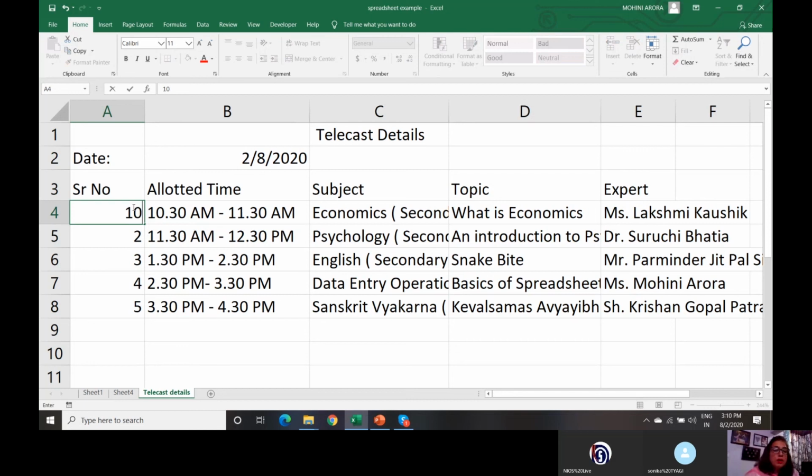Then you can click on the redo button, or you can press Ctrl plus Y. Say for example, this is the redo button, redo typing 10. So if I click it, 10 comes again. If I say undo, it comes back to 1. Right? So again, these two are very useful buttons, especially when we are working on a worksheet.